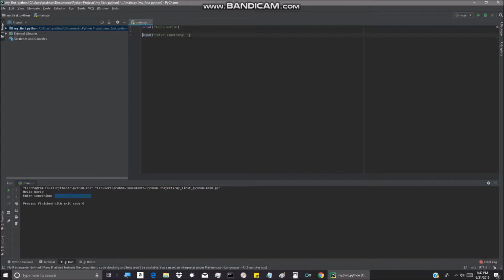A way to make this input useful, though, is to create something called a variable. A variable is something that stores information from an object. So let's create a variable called my_input, and put an equal sign and a couple of spaces in between them. And here we have input, enter something, and nothing happens at first. I could just type random gibberish and nothing will happen,